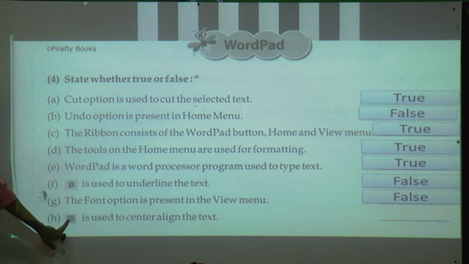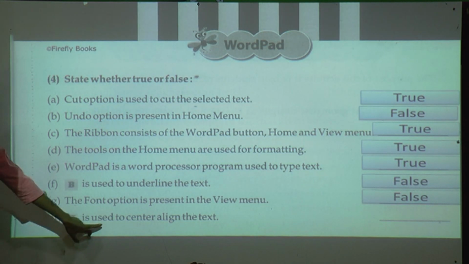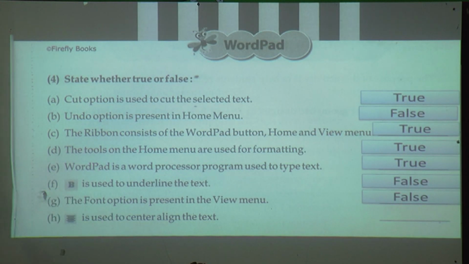See this alignment? It is used to center align the text. Means if you want to align a center, then that time this alignment is useful. Yes, good, it is also true. Now read everyone.